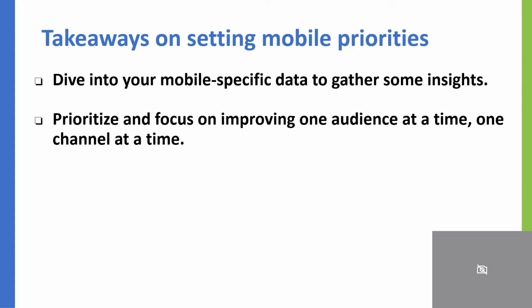I'd also prioritize and focus on improving one audience at a time, one channel at a time. We all don't have the resources to do everything all at once and be everything to everyone. So prioritization is key. Try to understand whether the most important audience for you this year is to better engage with prospective audiences on mobile, or maybe connecting with current students, but really focus on one audience, one channel at a time to ensure that you can meet the objectives you're looking to accomplish. So with that in mind, start small, but really think long term.